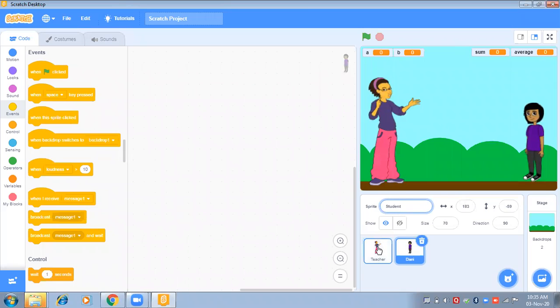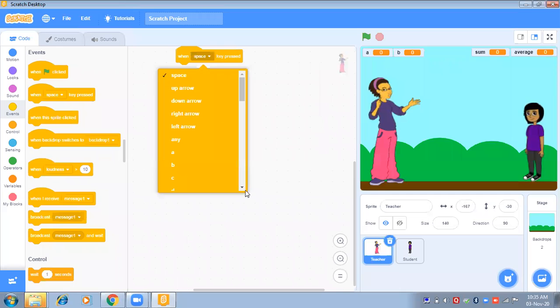Okay, now come to the teacher, click on the sprite of the teacher. Now choose this option, when space key is pressed. Instead of space key, I am selecting T from the keyboard. T is for teacher and S is for student.